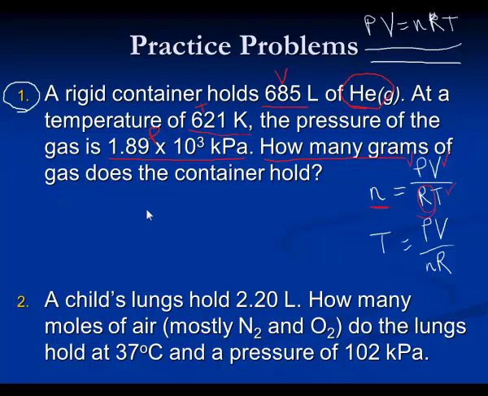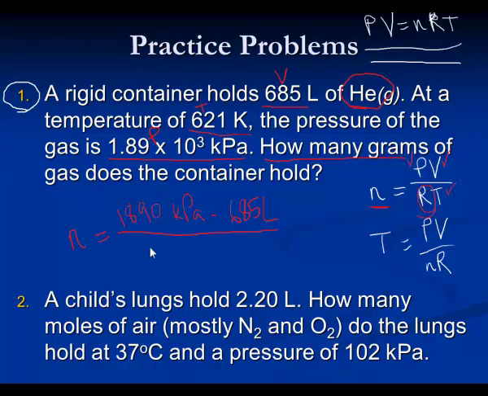If we can figure out grams, or if we can figure out moles, we can plug into the gas law equation and get temperature, volume, or pressure. Or if we know the temperature, volume, and pressure, we can figure out moles, which would enable us to get grams, another important measurement. So setting this one up, we would do n equals PV over RT. We've got the pressure, 1,890 kPa, times the volume of the container, 685 liters. We're going to divide that by the